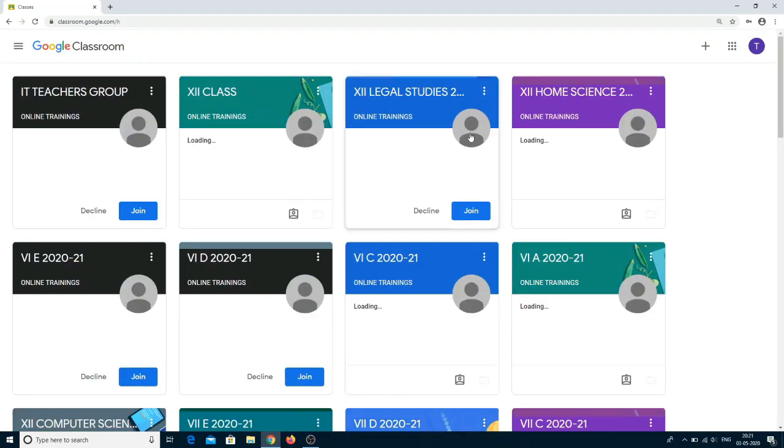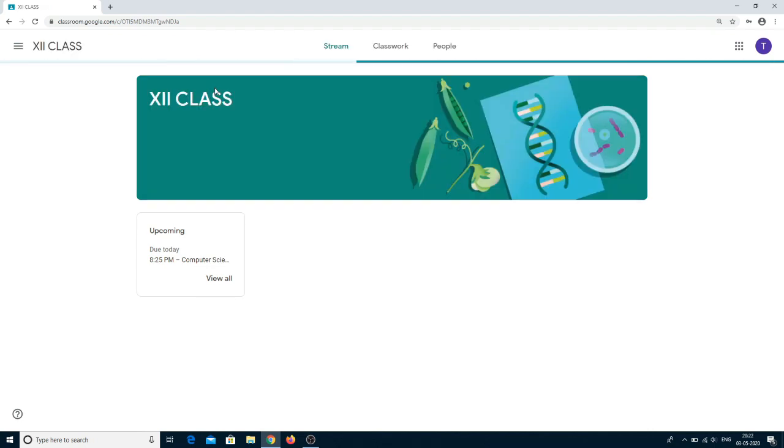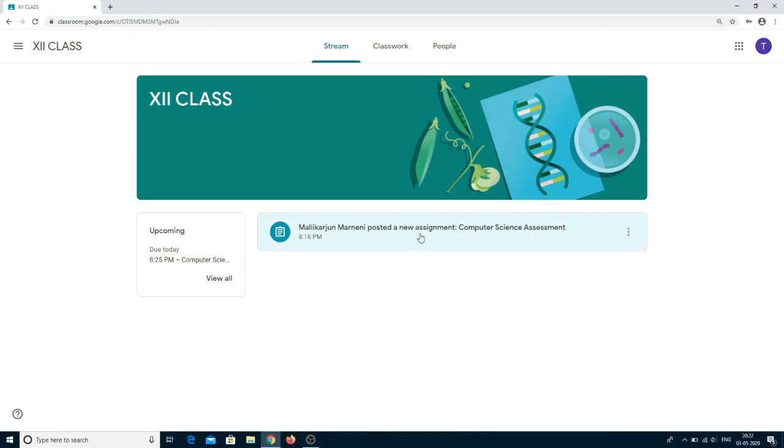After logging on to the student account, they can see their respective class. After clicking on their respective class, they can see the assessment posted by the teacher. You can see that assessment under stream.